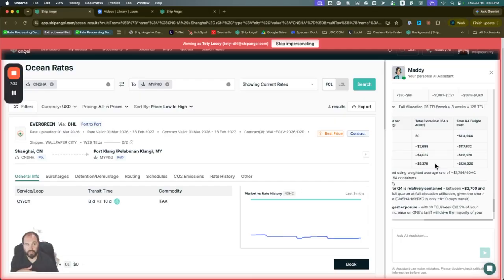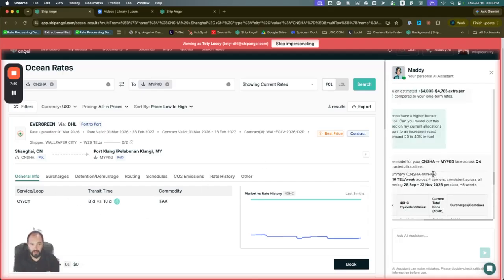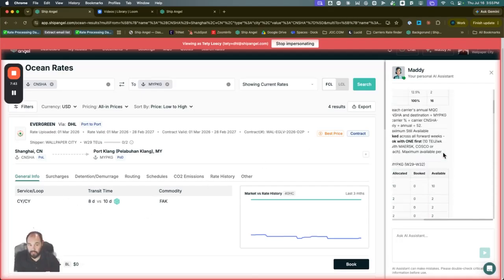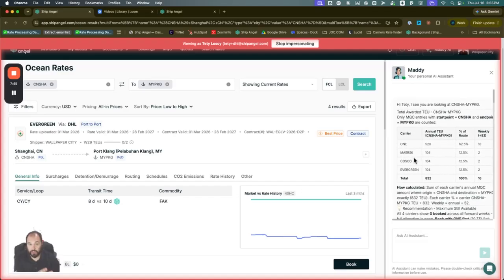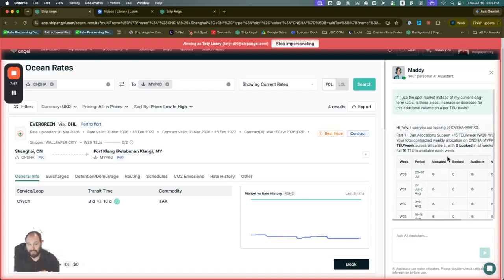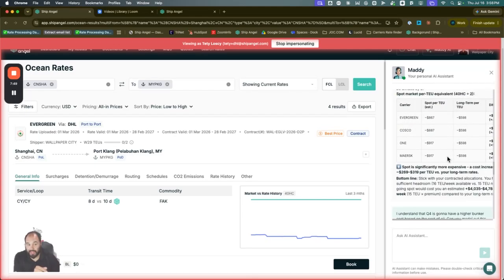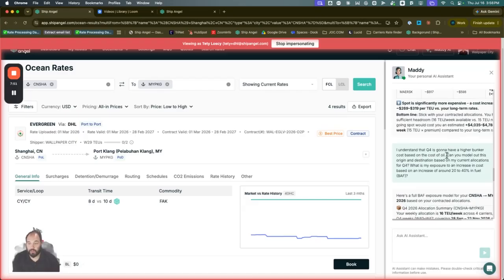I could go on for 15 or 20 minutes on different questions and use cases, but very quickly you've been able to see I can search a lane, I can evaluate a decision process, I can now ask the AI Maddy assistant here to ask different questions. She's going to present information for me that I need to know, but now I can also ask advanced questions, budgetary questions, scenario questions, things that really drive businesses' margins up, hopefully not down, or at least give you visibility so you can start to make a plan.